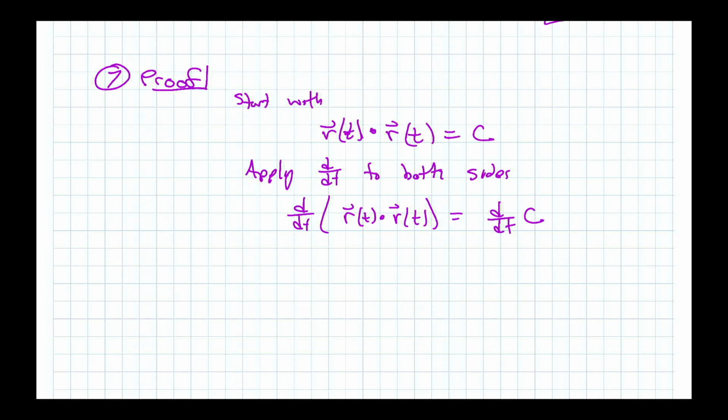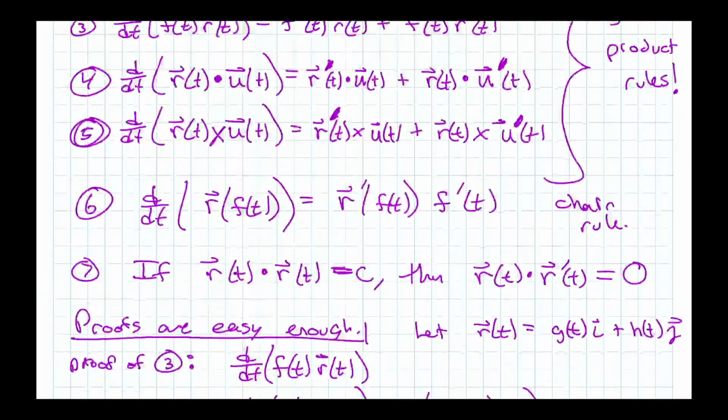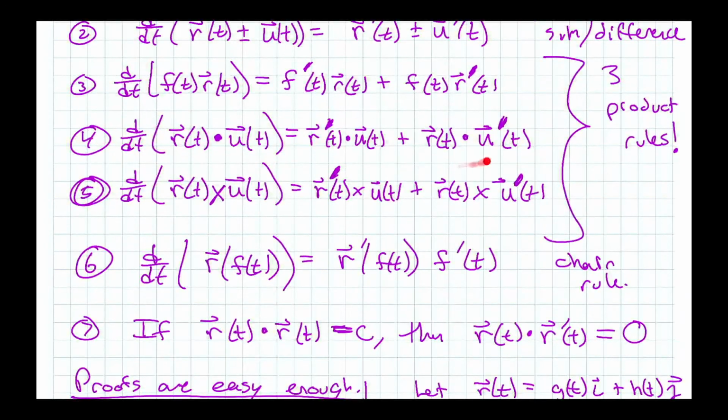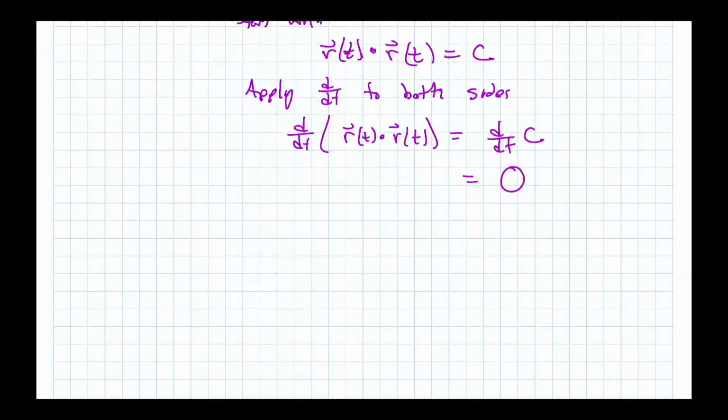Now, on the right-hand side, that's the derivative of a constant, which of course we know is 0. Now, on the left side, you've got the derivative of a dot product. And you might say, oh, we don't know how to deal with that. But yes, we do, because we specifically had rule 4 here. So, I mean, you can't prove rule 7 until you prove rule 4. We didn't prove rule 4, we proved rule 3, but whatever. You can do rule 4 without too much trouble. So we just have product rule. Okay, so we're going to apply the product rule,